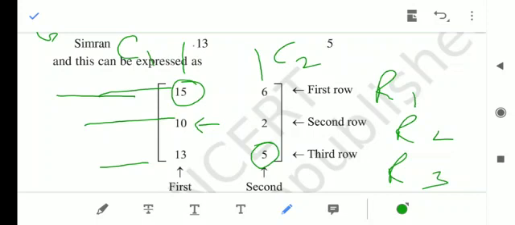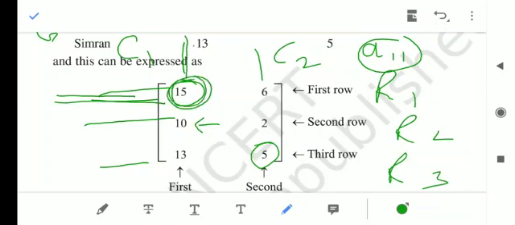Suppose A is an element and I say a 1 1. Here the first number 1, the left hand side one, represents the row number of the position of the element, and the second number represents the column number. a11 stands for the element lying in the first row and first column, and you can see this is the first row and this is the first column. Which element is represented here? It is 15. So what is the value of a11? It is 15.